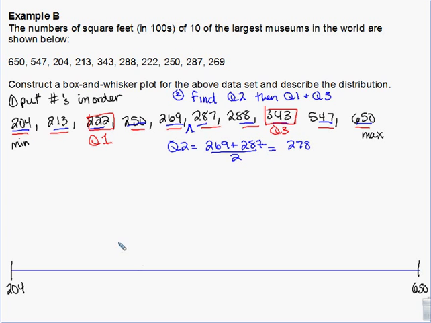Okay, I have 222, 278, and 343. Between 200 and 650, the halfway point is 450. Or sorry, no, 425. So exactly halfway between here is going to be 425. I don't have that number, so I'm going to go halfway again, because I'm just trying to space it out correctly because we need to be able to see if it's skewed or not. So between 425 and 200